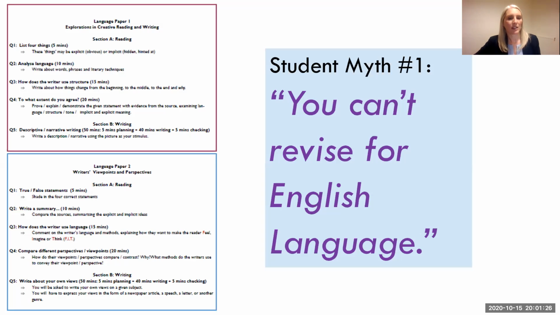So what you see there is an overview of paper 1 and paper 2. Paper 1 was that fiction paper, Explorations in Creative Reading and Writing, and it's divided into two reading and writing sections. The thing to note about this is that the questions are always the same. Year on year, they all have the same sentence stem. What changes is the text. Every year you'll be given an unseen text and you'll be asked to apply your knowledge to that text. That's the bit that we can't revise for. That's the bit that you have to do on the spot, and it's a real test of your reading and writing skills.